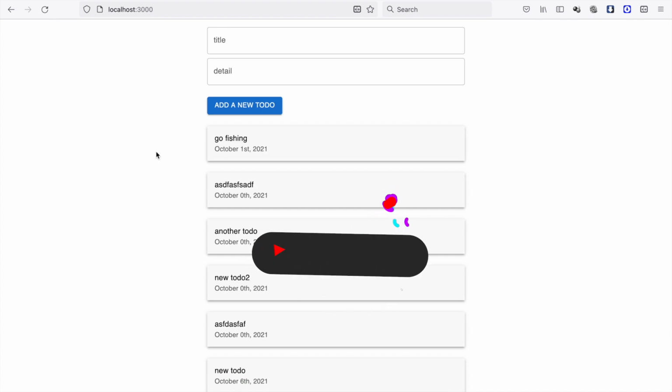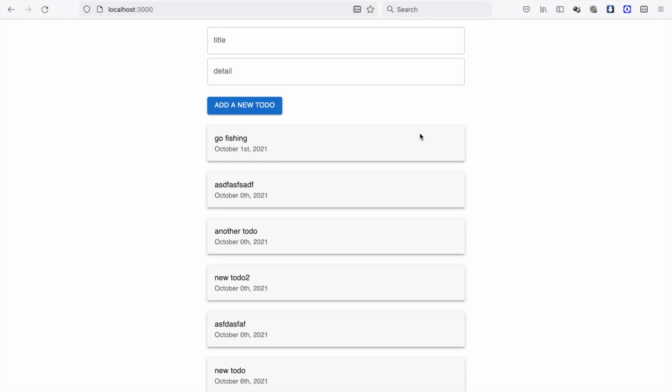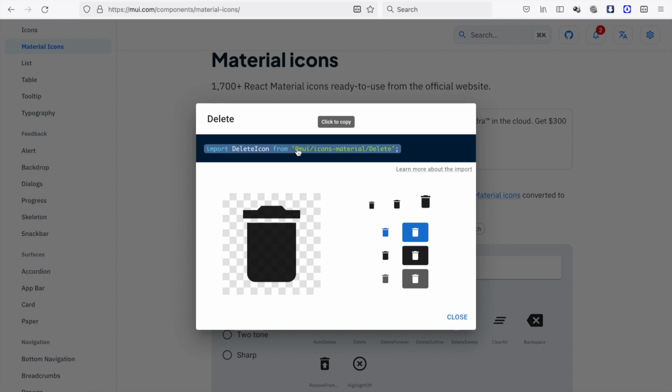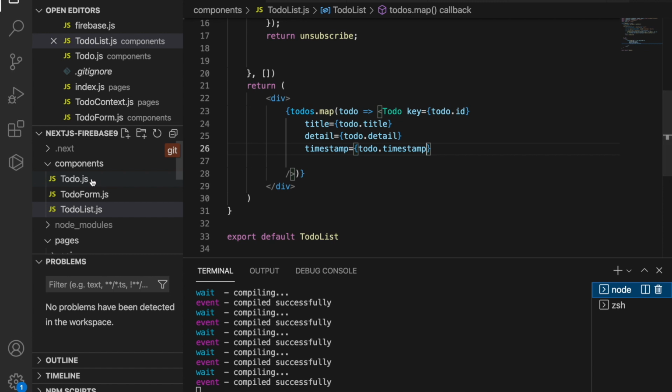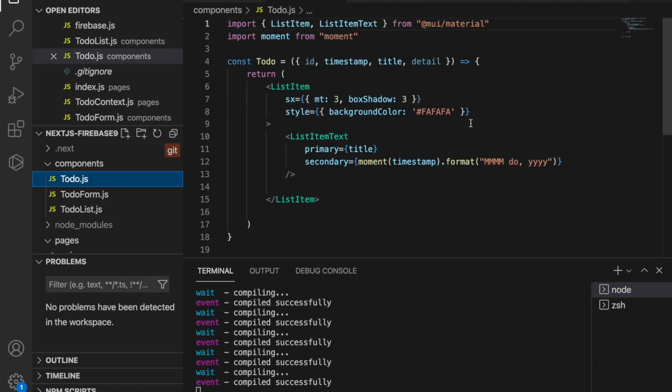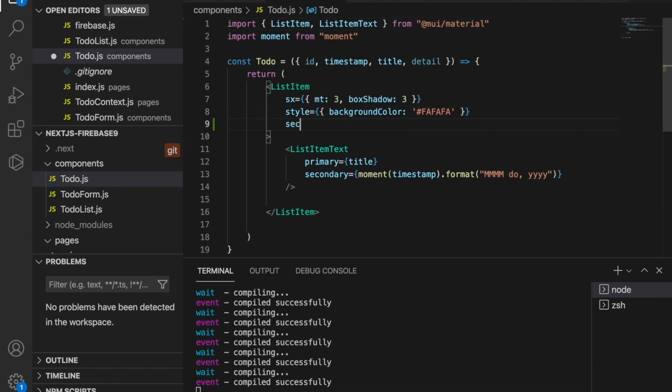In this part, we are going to add the delete function to our app, so later we can delete those unnecessary to-dos. But before we continue, we have to add the delete icon and also the more vertical icon to go to the details. So we go to the Material icons, and then we copy the delete icon, and then we go back to our to-do, go to the list item and type secondaryAction is equal to, and then we add